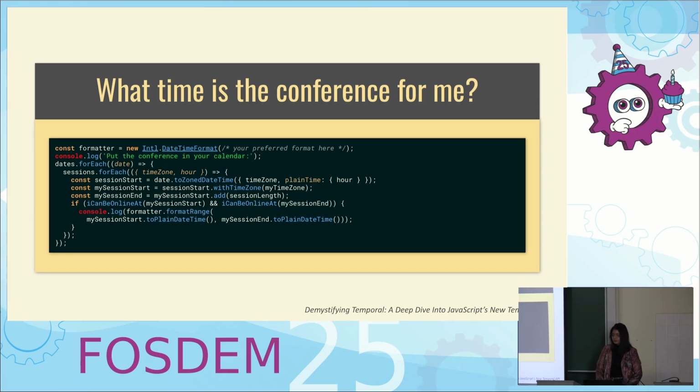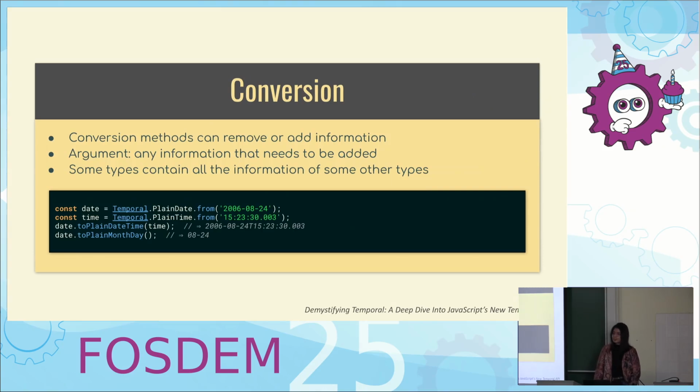Okay, so going through this code, there's a bunch of things that I haven't talked about yet. That's toZonedDateTime, and also withTimeZone. So first we'll talk about conversion. It is possible to convert between two temporal types using the toPlainDateTime or toPlainMonthDay, etc. methods. And for using these conversion methods, we need to provide the additional information that's missing from the current object to get a new object of a different type. So for example,